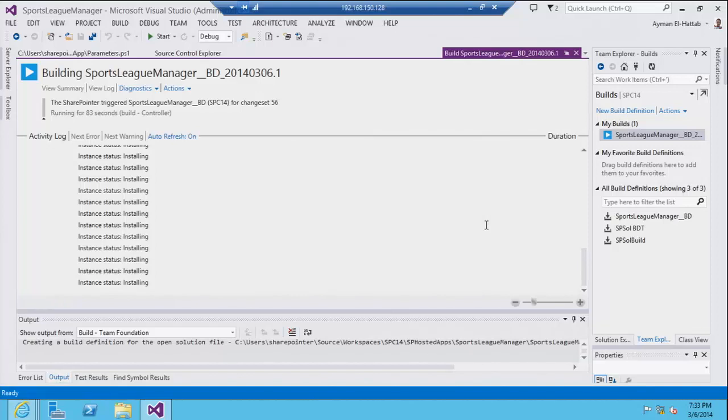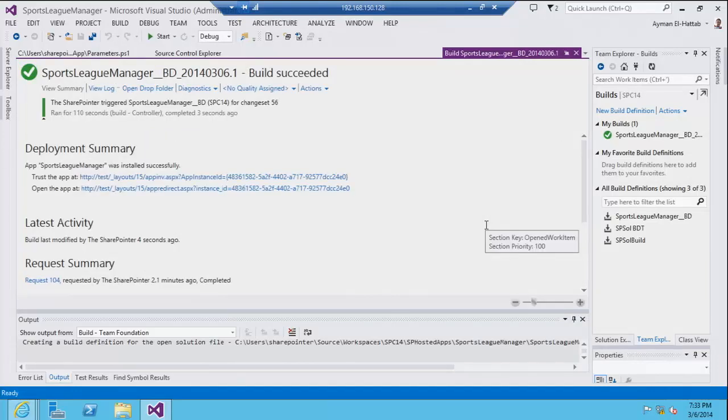Full trust code. Yes, there is another one. Let's repeat the question. The question was, is there a similar Codeplex project for full trust code or for full trust solutions for building and deployment? And the answer is yes. If you go to this Codeplex project, you'll find it in the references in our slide deck. When you go to this project, you will find a link or a reference to the FTC one.